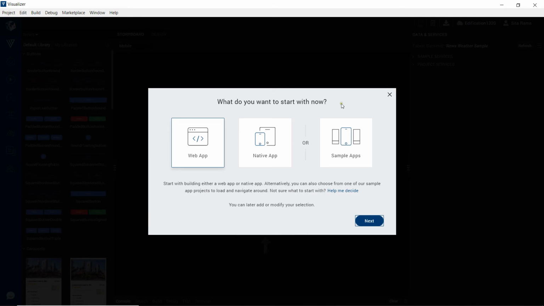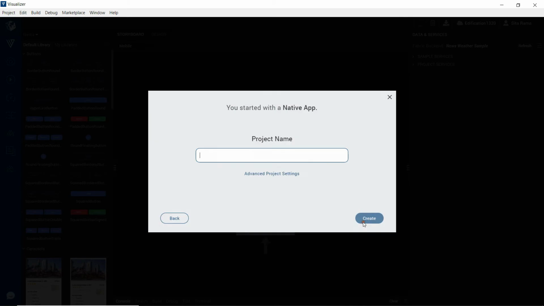This would give us different options, and select the appropriate option for the app that you want to create. Let me select native app. I want to create a native app. Give a name for the project and click on create.